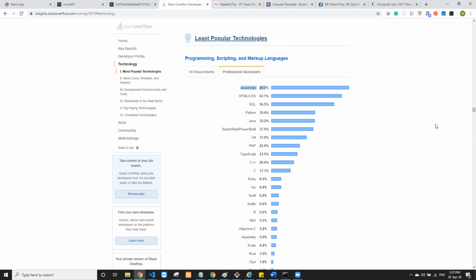Vishesh Rai asks, why is JavaScript on the top and why not Python? See, if you're working with Python, Python is a great library. These days, if you look into machine learning and data analytics, Python is one of the best backend frameworks that you can use for machine learning. Python is really fast.